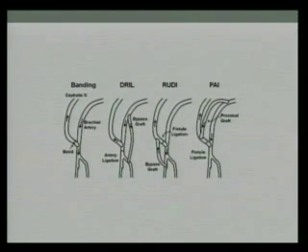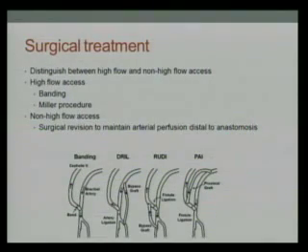These are the different surgical techniques that they have: banding, the DRIL, RUDI, and PAI, and we'll go through these individually. So when you're looking at what type of surgical treatment may be possible, you want to distinguish between a high flow fistula and a normal flow fistula. Okay, so a high flow fistula can have steal just because the flow is high. The normal flow fistula is very tricky to address, but essentially